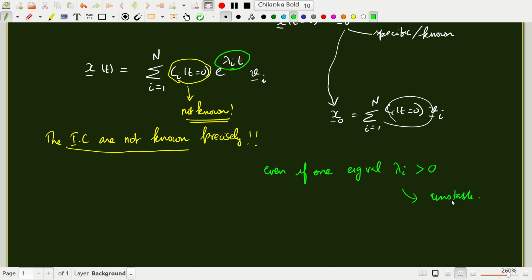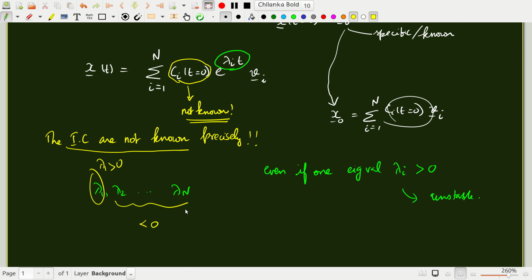The reason is that even if, let's say, lambda 1, lambda 2, up to lambda n, lambda 1 is greater than 0 and all the others are less than 0,